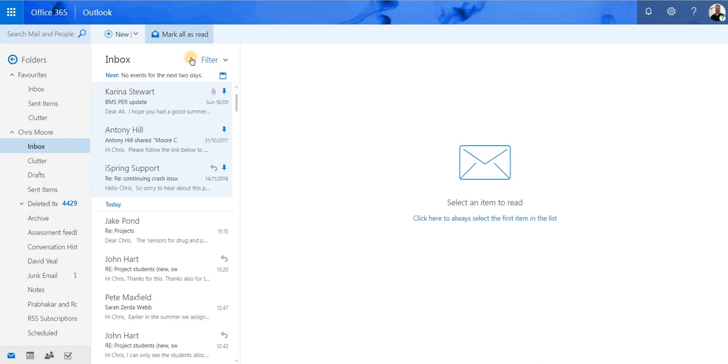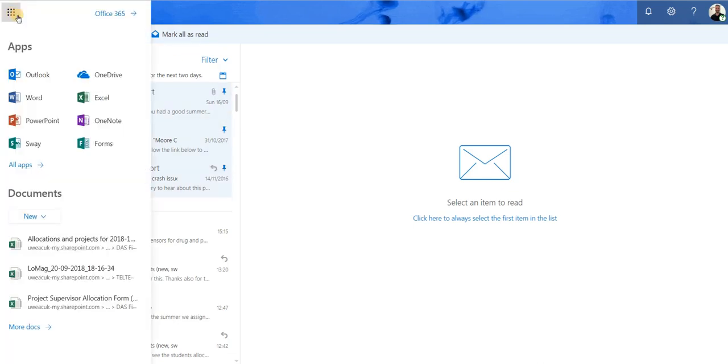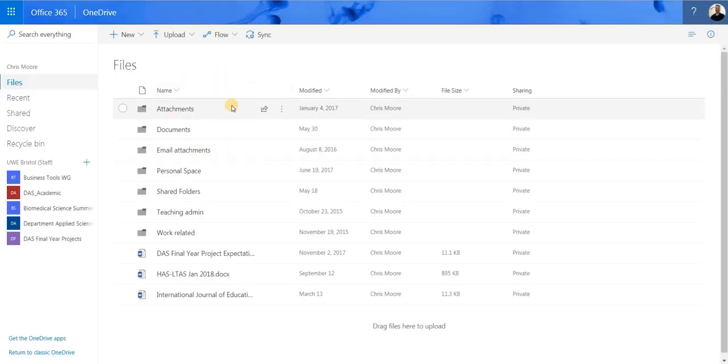So once you're into your email area, click on these tiles at the top, and then you can either click on the three small buttons and open OneDrive in a new tab, or you can open it within the tab that you're currently in. Because I'm not going to go through email at the moment, I will just change the screen to my OneDrive. So these are all the files and folders that I've uploaded into OneDrive,